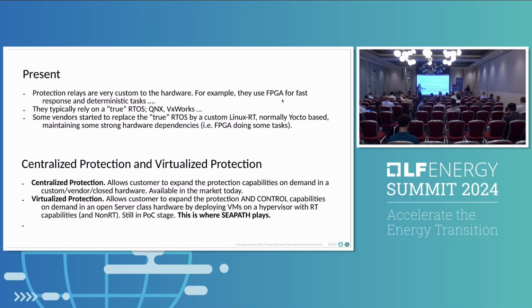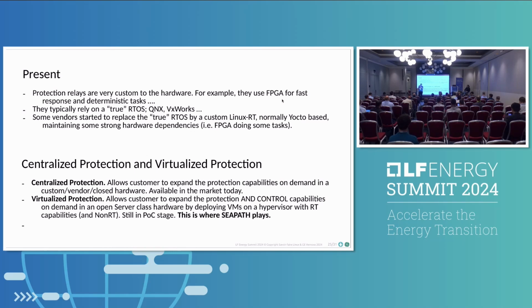But with centralized protection, the customer is able to easily expand the functionality of the product. So centralized protection allows customers to expand the protection capabilities using custom vendor closed hardware. This is like if you buy a MacBook, and little by little you install